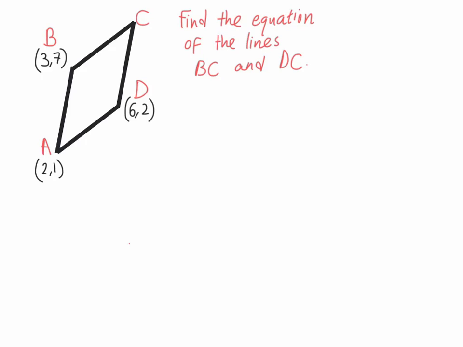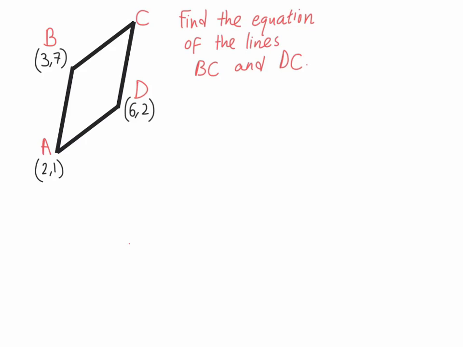So this question asks us to find the equations of the lines of two sides of this parallelogram. And these lines are BC and DC. But we don't know what the point C is yet. So at first the question seems pretty difficult, but it's actually not too bad because the shape is a parallelogram,